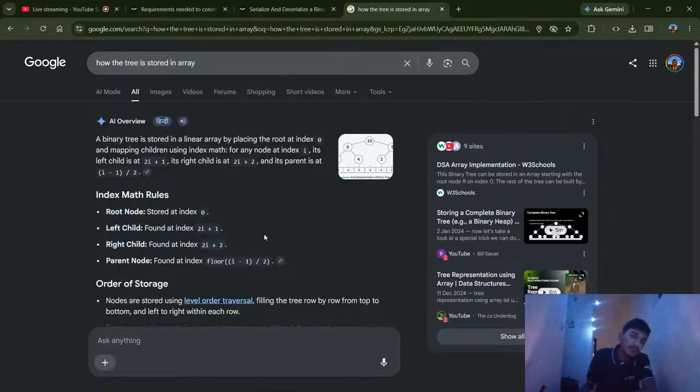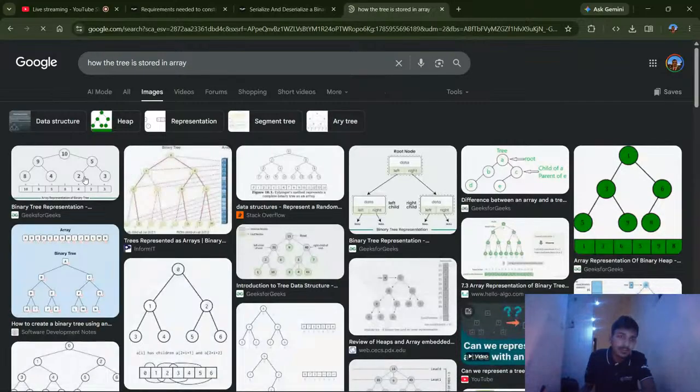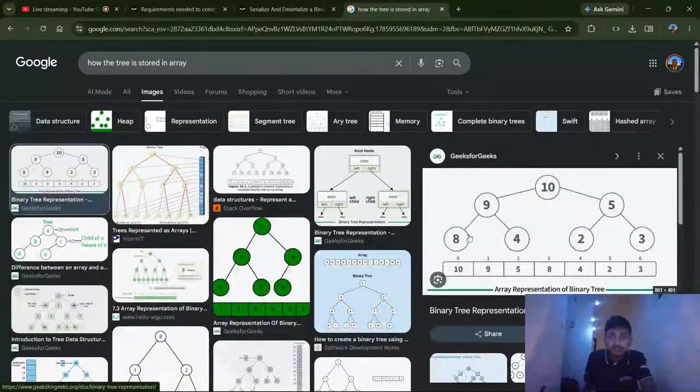Means if you have n number of children, the root node will be stored at the zeroth index. The left child of the root is stored at 2i plus 1, means 2 into 0 plus 1, the first index, and the right child will be at the second index. It means that if you have an array, like see this image,